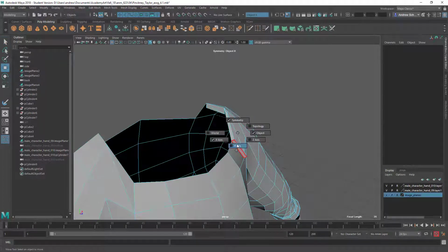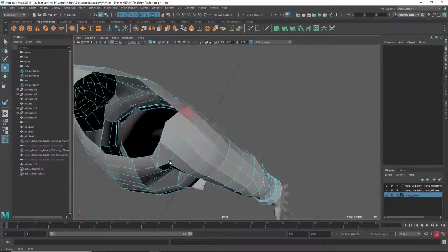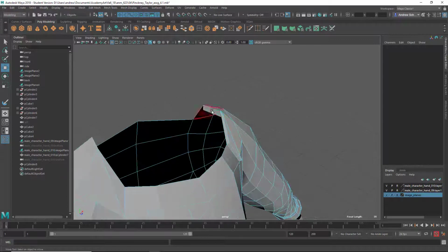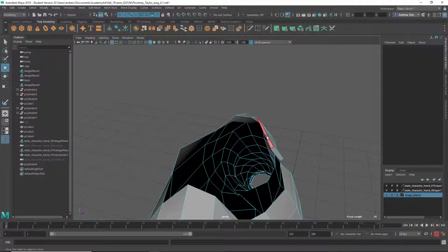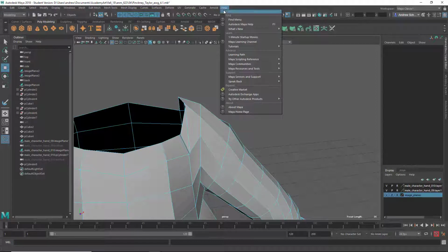Better turn off symmetry. I'm just holding down W and going up to symmetry. Yeah, I mean, I'm just going to have to keep tearing this away to the point. So yeah, that would be my question: maybe your file's okay and something happened when you turned it in. The way to avoid that is to delete history and make sure we're using the same version of Maya. If I go to Help, About Maya, you can see I'm using